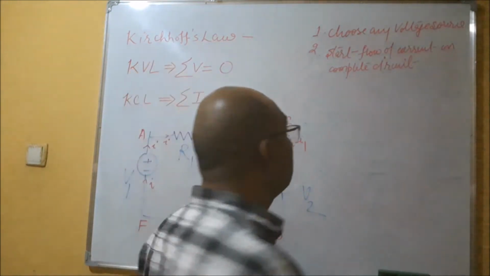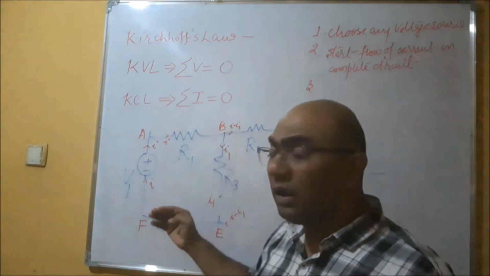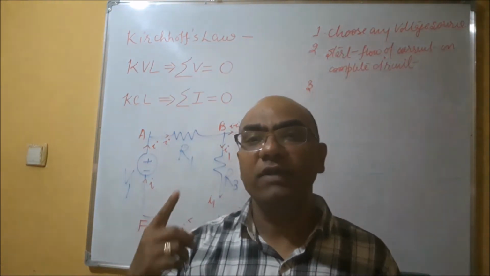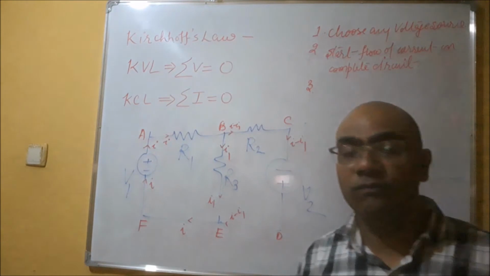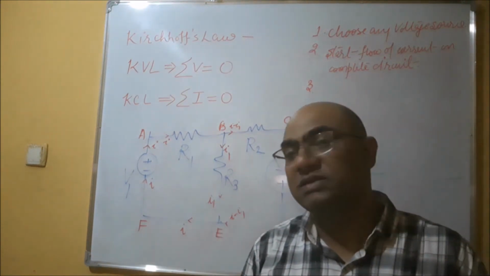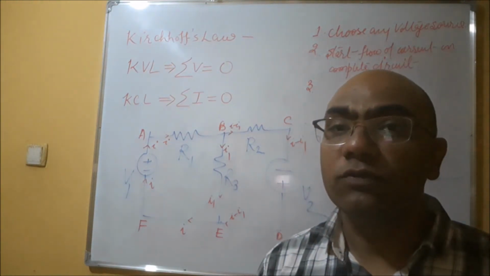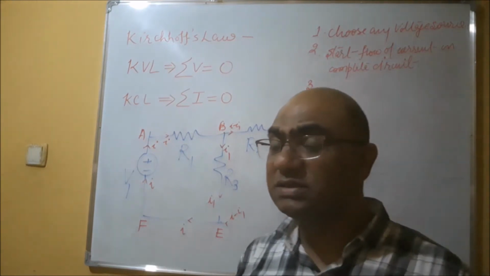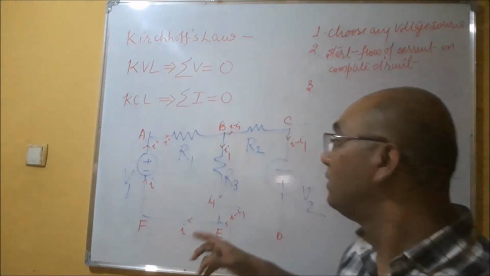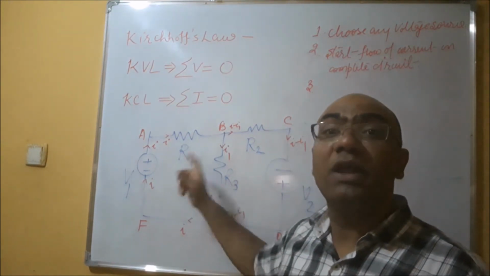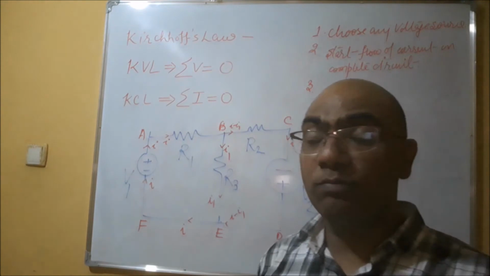Now we can move towards the third point. So what is the third point? The third point is that now show the polarity of each component in the circuit. You see, in the circuit we have two components. One is the resistance element, and the second is the source, the voltage source. So for each and every component which exists in the circuit, you have to go and make the polarity. How can you do this? For doing this, you have to keep in your mind that